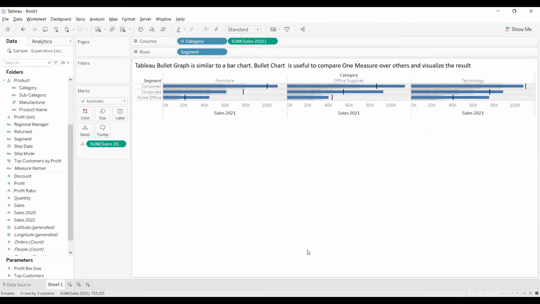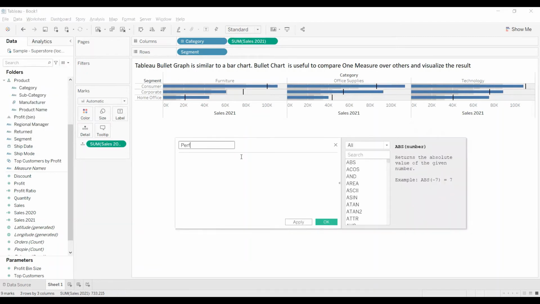Now I would like to indicate which sales are more than last year, 2020. So I'm going to create a calculated field to differentiate that. Performance indicator.